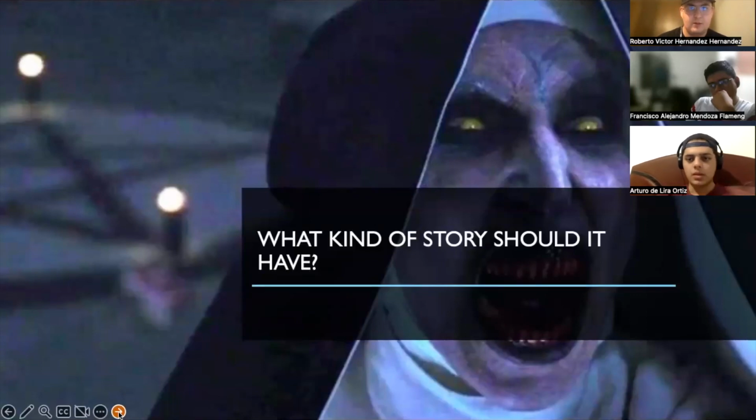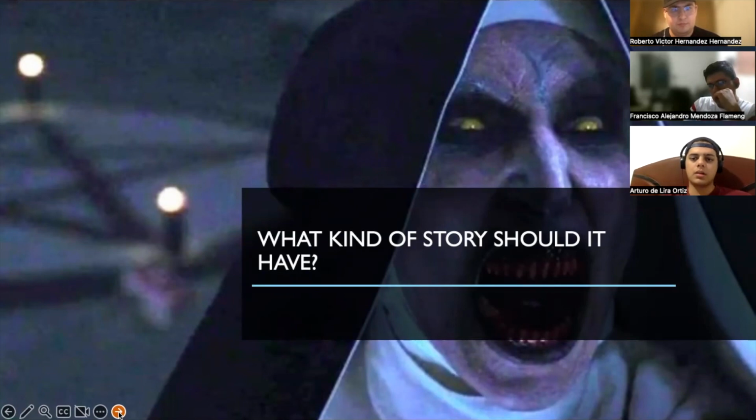A horror movie can have a variety of story types, but some common characteristics can help create an effective and terrifying plot. Here are some key elements that can contribute to a successful horror story. A supernatural or frightening threat. Many horror films feature a supernatural threat, such as ghosts, demons, monster creatures, or paranormal events. This threat is central to generating fear in the audience.